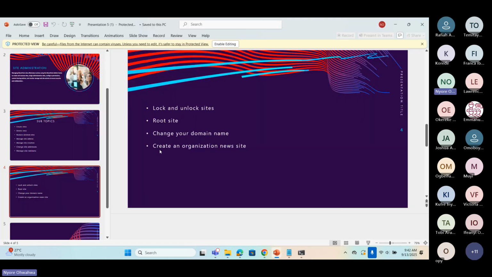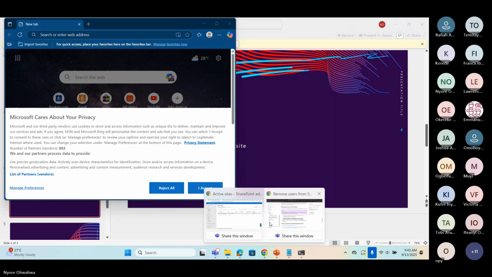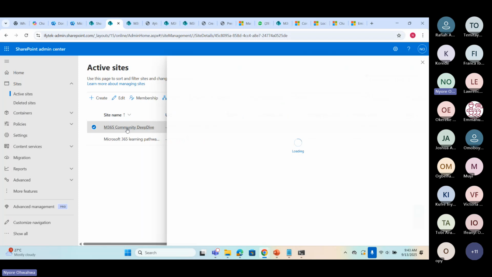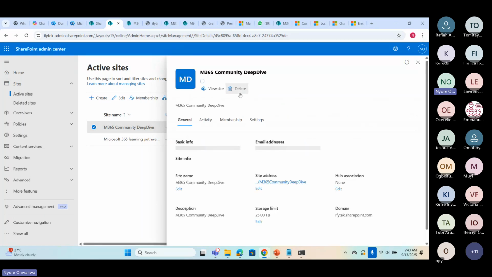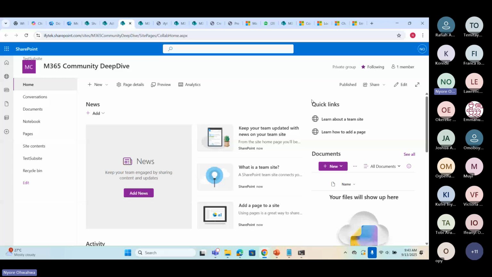So the last thing I basically want to talk about is creating an organization news site. Let's use this for example. It's just basically creating a site and saying, okay, I want this site to display news just like this.